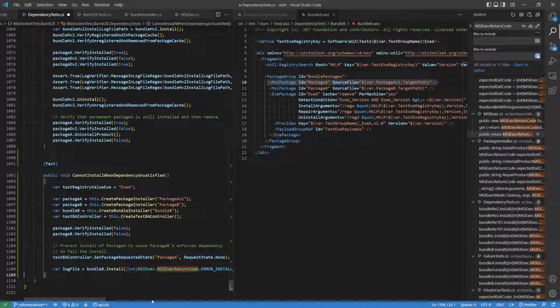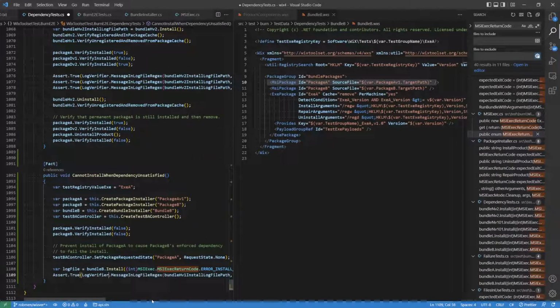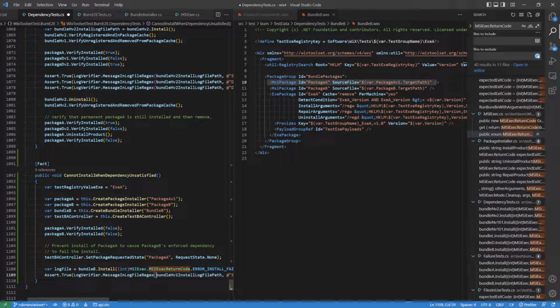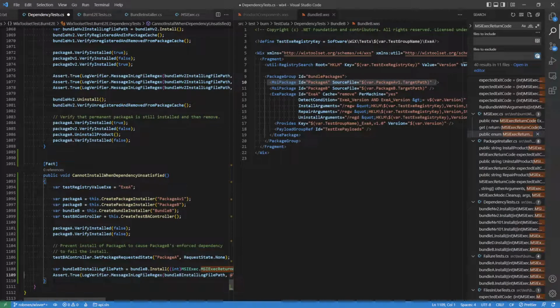I don't do that, and then I would expect it to get whatever the dependency CA returns. Well, yeah, dependency CA can just fail, so I think it's just going to give me something that's not terribly helpful. All right, we'll call it something more useful like that. Bundle B install log file path. There we go. And that's not the answer. Okay. All right, so